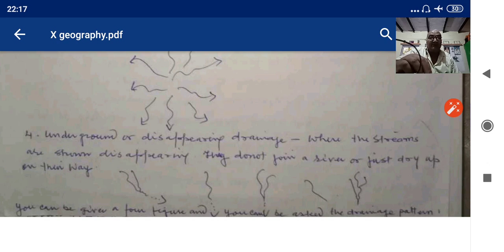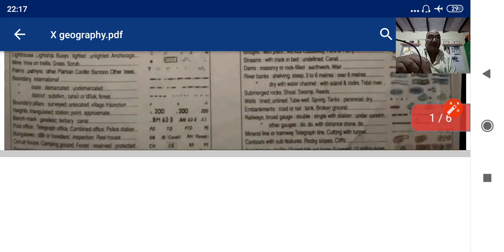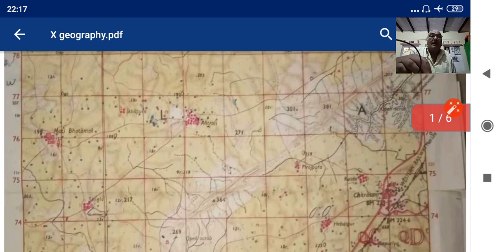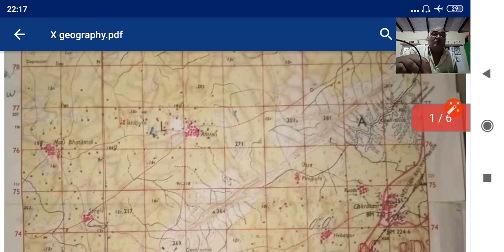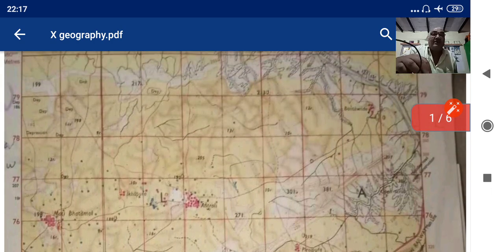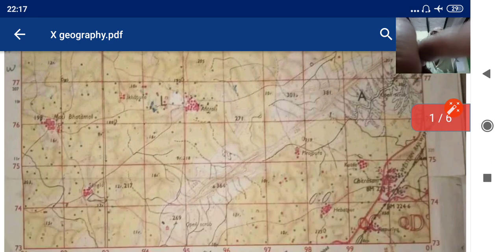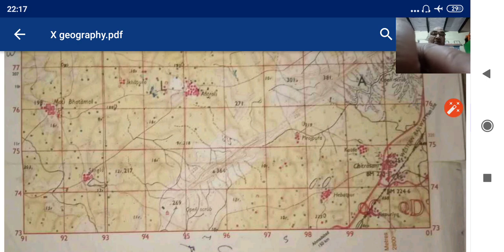This question is asked by giving a 4 figure: find out the drainage pattern in so and so 4 figure. In the topo sheet, if you go through the different questions over the topo sheet, you will find in the southern part of the topo sheet, you can see the streams are shown dried up. This pattern is known as the underground or disappearing pattern. In the same way, you can see in the 4 figure 95,